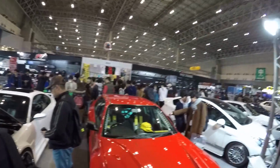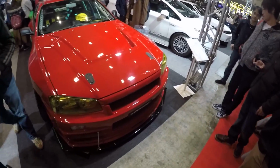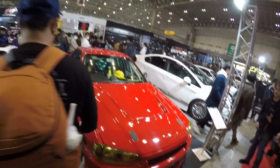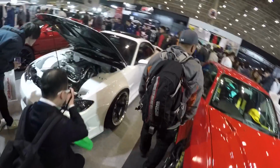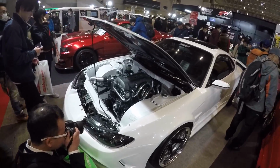Now wandered over to the Uraz booth and Kazuma Auto Services booth. Norman Ken's in there signing signatures for everyone, but this is his car. He's got it resprayed red. Looks awesome. I love his 34s. They always look great with the Uraz kit. And then next to it is this really clean S15 that's super tubbed out, and it's NASR,